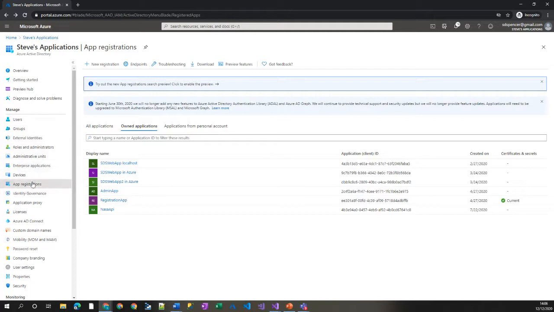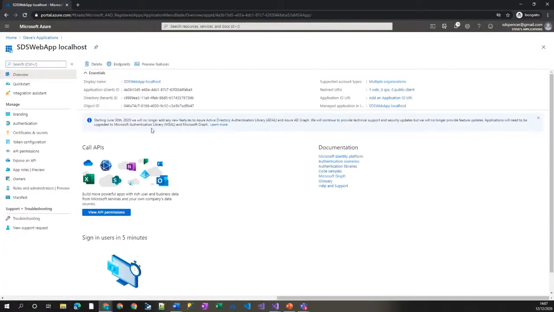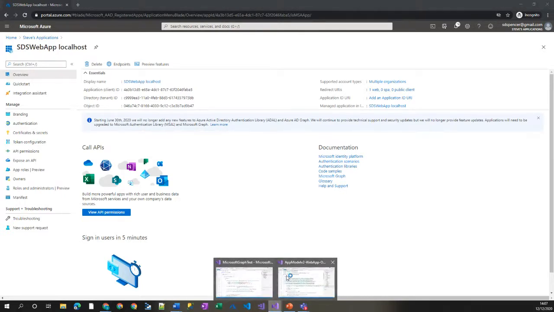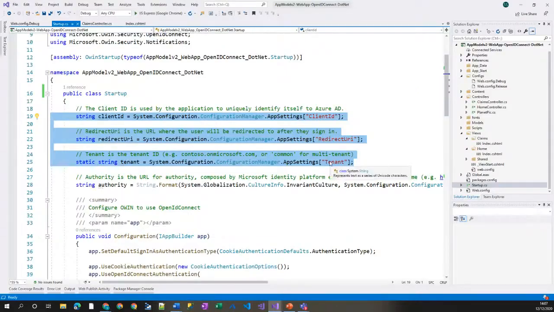In Azure AD, we've got app registrations. We've also got enterprise applications. So I've gone to the Azure portal, I've clicked on Active Directory, and then I've clicked through to app registrations. And I've got one here I've configured that I can run locally. And the information that we need out of here is pretty much these two bits of information: the client ID and the tenant ID. So if we go back to here, we've got a client ID, a tenant ID, and